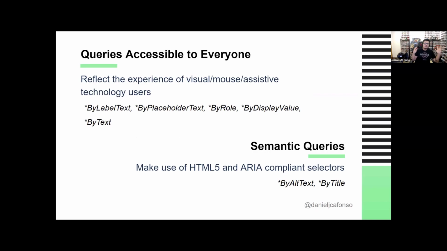So if you want to find something by text, you would do getByText. getByRole if you want to find by ARIA role. If you want to find by placeholder text, getByPlaceholderText. And these are the queries that belong to the queries accessible to everyone. These are the queries that mostly reflect the experience of visual, mouse, and assistive technology users. So these are the ones that you should always have at the top of your list when writing tests and